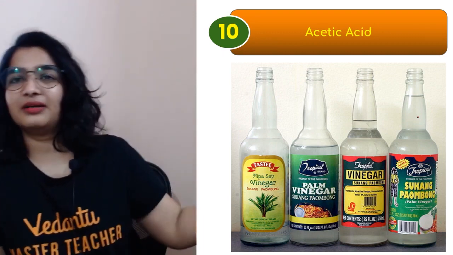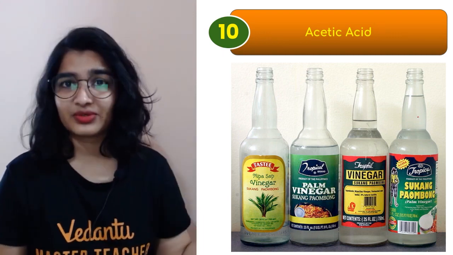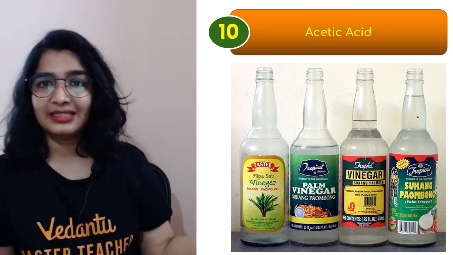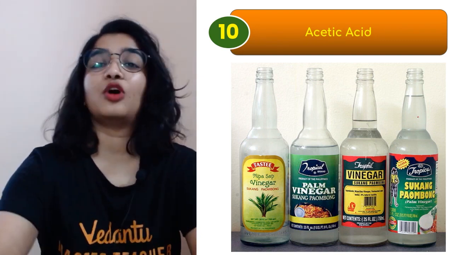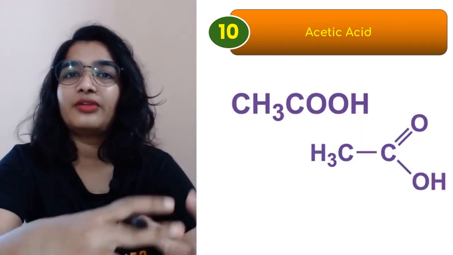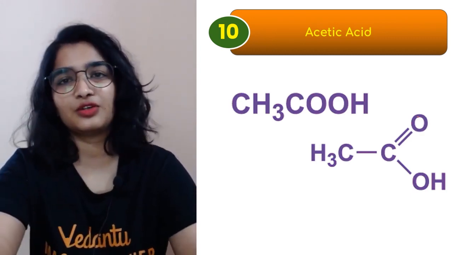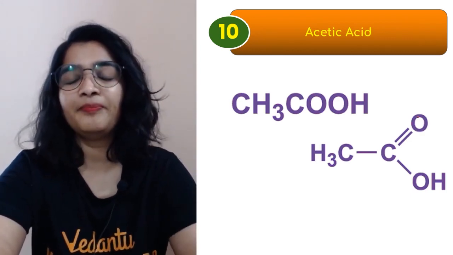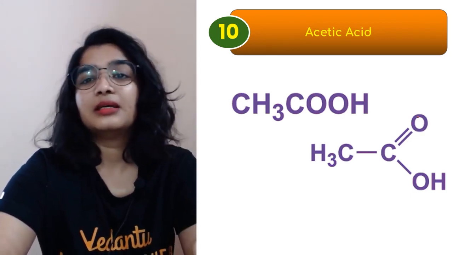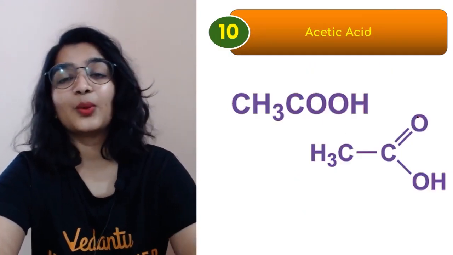The last one is acetic acid. So if I ask my mom, yeah, I need acetic acid, she'll be like, what? But vinegar, everyone knows, right? And everyone will have it in the kitchen. So acetic acid is commonly known as vinegar. But in vinegar the concentration will be different, of course, okay? They use only 3 to 5% of acetic acid and the rest will be water. The concentration will be very less, but still, acetic acid's common name is vinegar.